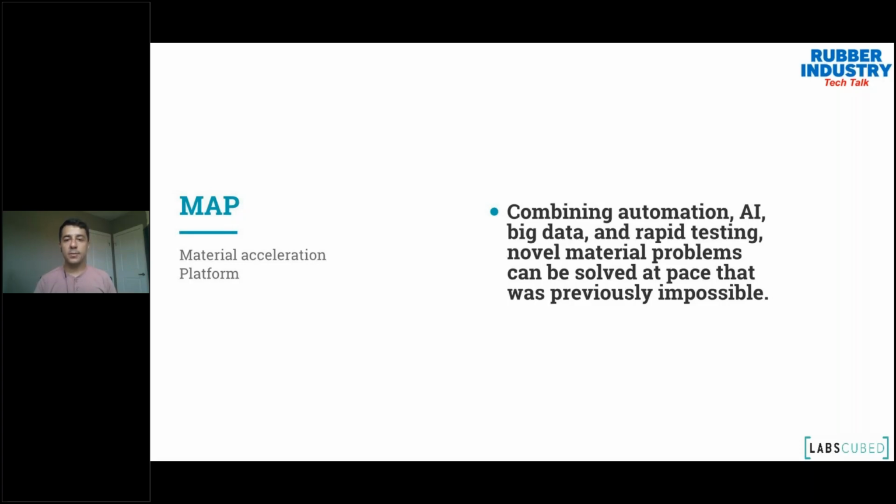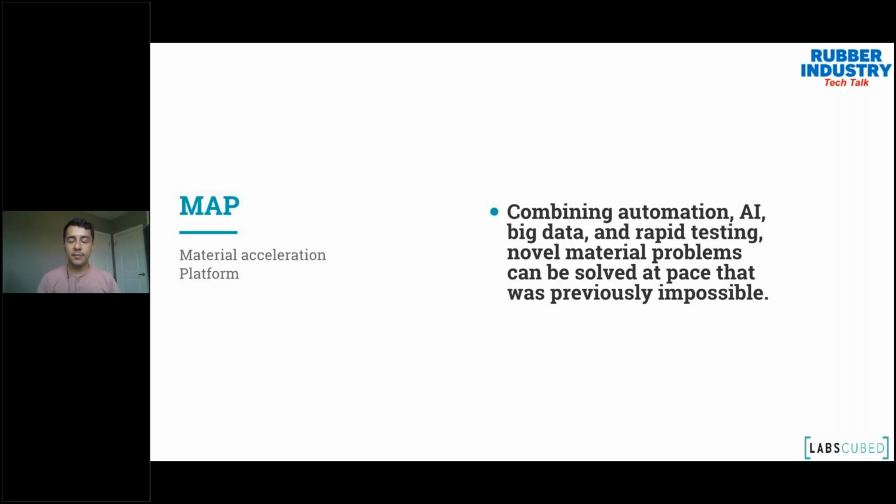So let's say a customer comes along and wants to change the properties or wants new properties. Or today, sustainability being a big thing that we're all pushing for, we need to create really sustainable rubbers and materials. Well, we have to test a lot of ingredients, and we have to test how they combine and the final results a lot to get a really good sustainable material that's also a great material for customers. So you could do that using these fully automated labs.